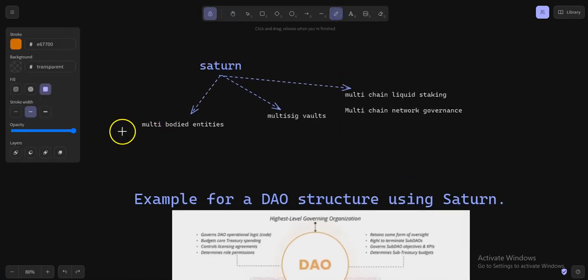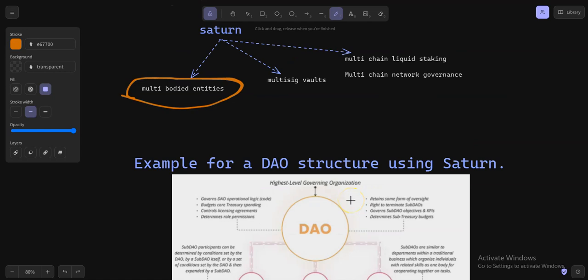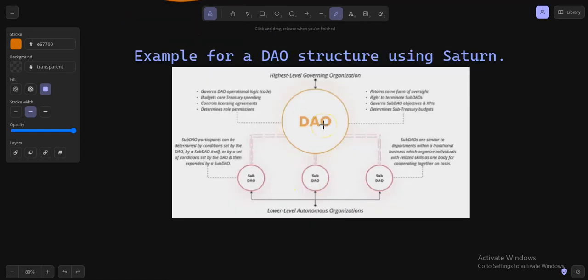Saturn offers the possibility to create multi-bodied entities, as we'll see here. You have an entity, you have sub-DAOs that can do some things like multi-bodied organizations. Just like in your physical world, you have the human resource department, you have the marketing, you have the legal.